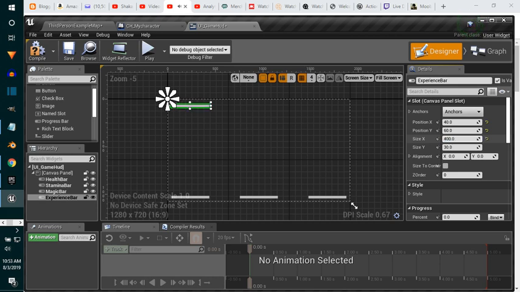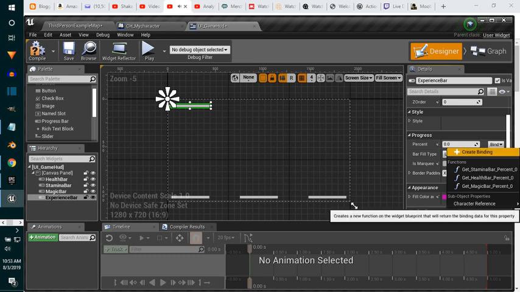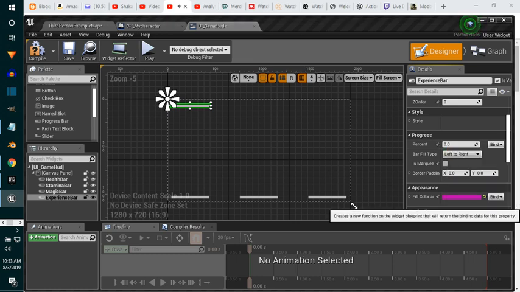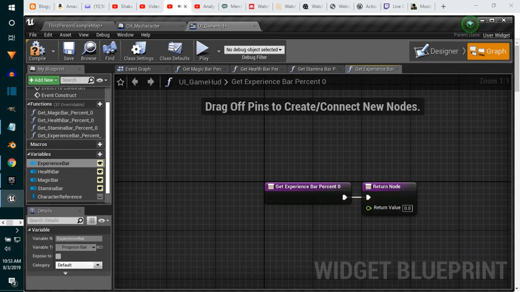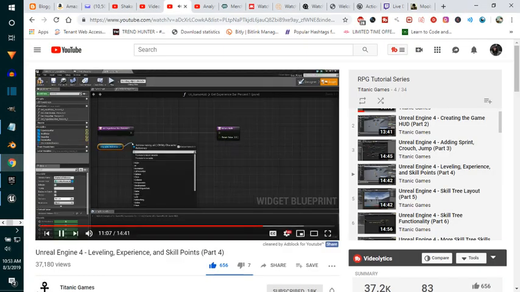Okay. So now that we've done that, now we can go create a binding for our percent. Let's create the binding. All right, and this will create our experience bar. Now, I had already started doing some stuff, so just ignore that for now. But anyways, in our get experience bar percent, the binding we just created, we're going to want to get our character reference, and then from here we want to get